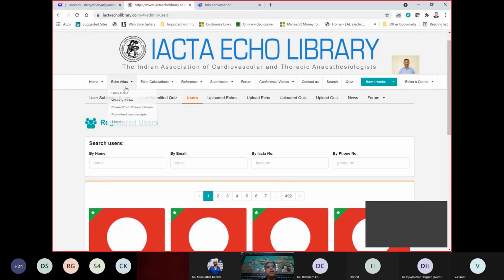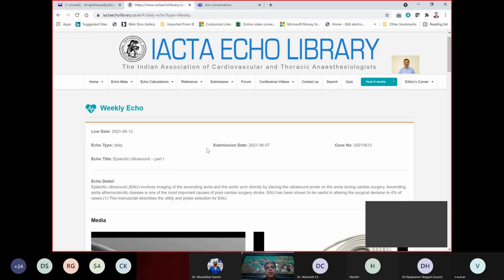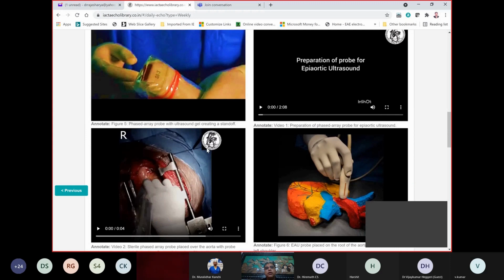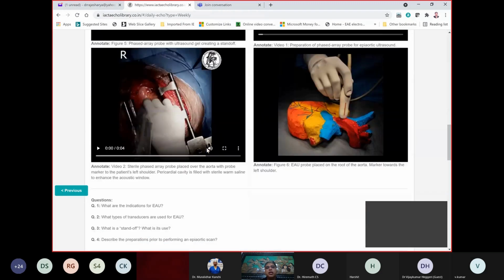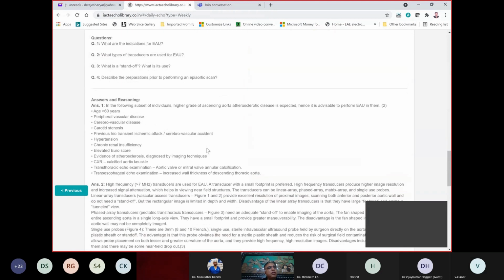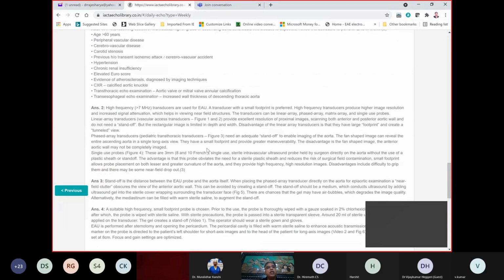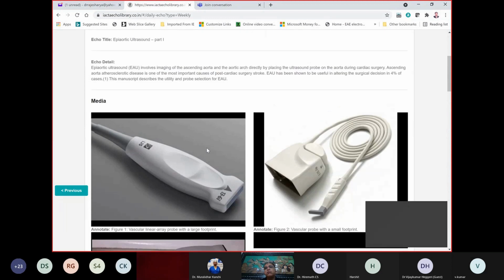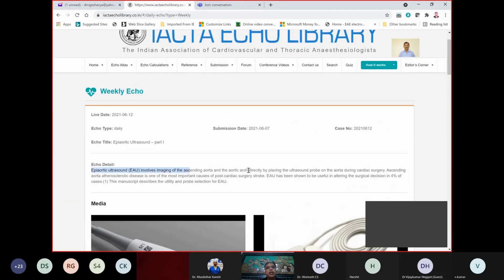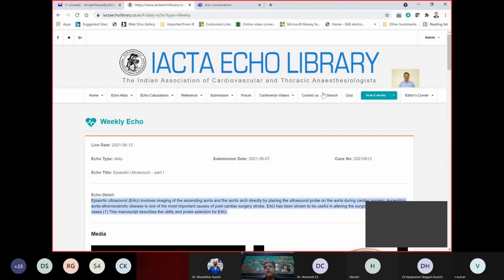All this material on Eco Library is free to download. Anybody can download these texts, videos, and pictures, and make their own library of their interest. So we are very liberal about spreading knowledge. As a basic principle of IACTA, we don't restrict the spreading of knowledge and research. So download is free, and anything can be copied and pasted at your own level. And we have a copyright from the authors to make it free to the public as well.